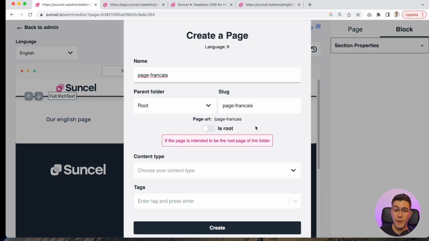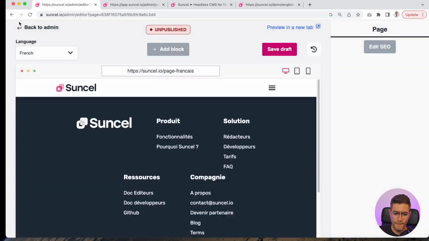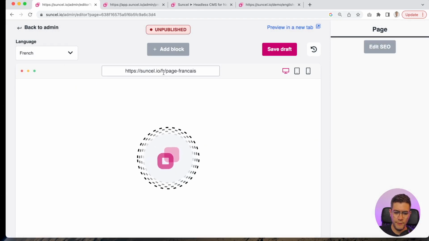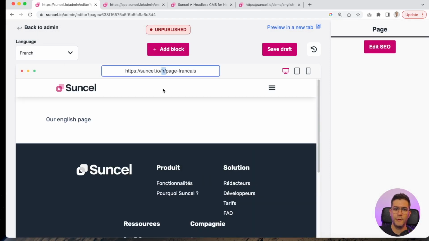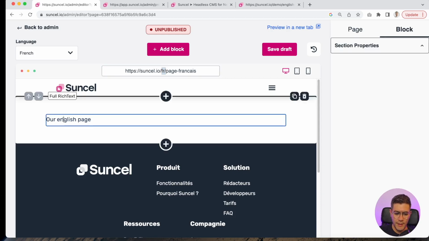Let's say it's page français. I create this page. Okay, so I have to reload it in order to see the /fr here. My main language on the Suncel website is English, so I don't have any extension for the English because it's my main language. But since French is a secondary language, I have this /fr extension in the URL. And then